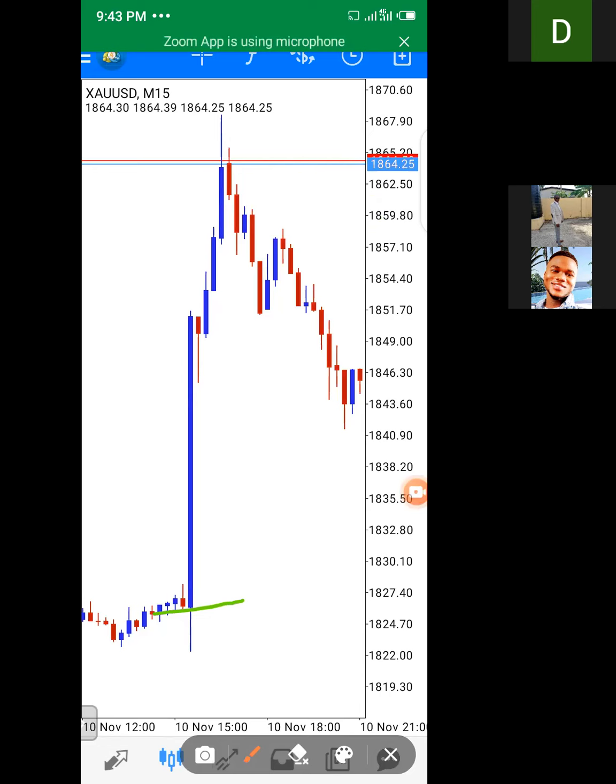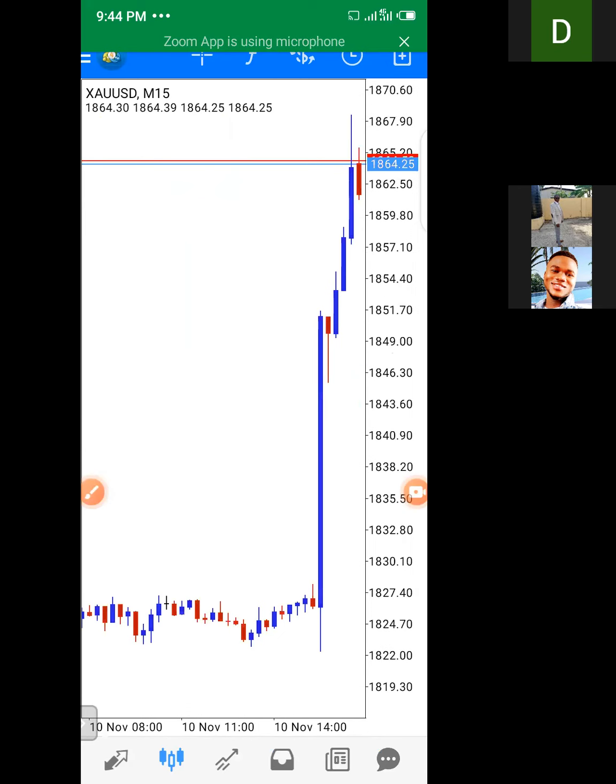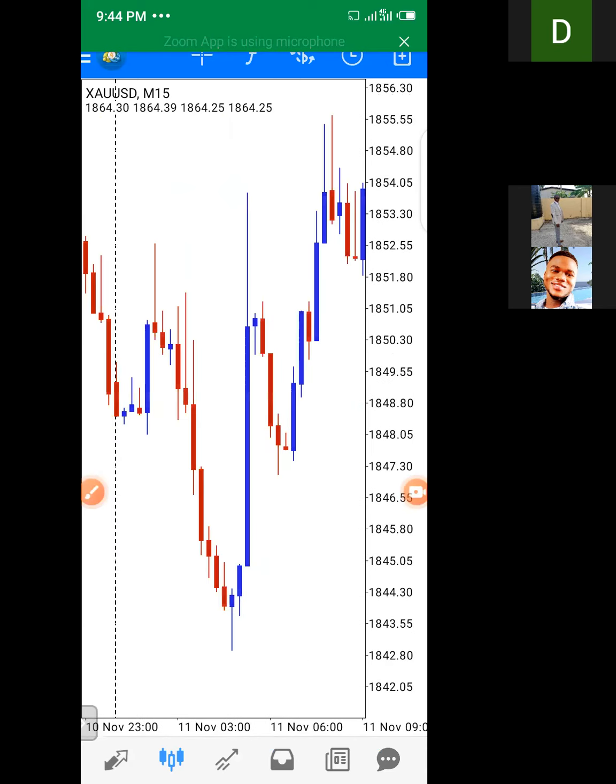So that person will enter somewhere here, having it in mind that the market will drop and a candlestick will form here to fill this particular zone. No, it's just the opposite side of it. And also for you to be able to trade the week, in most cases, I used to tell my